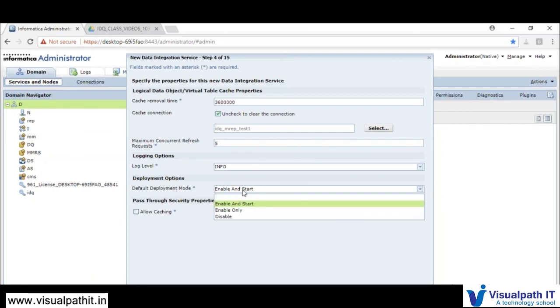So whenever you start your service, it will be enabled and started automatically. If you do not want to start it automatically, then just enable it, and whenever you want, you can start it. Again, it's based on your requirement.